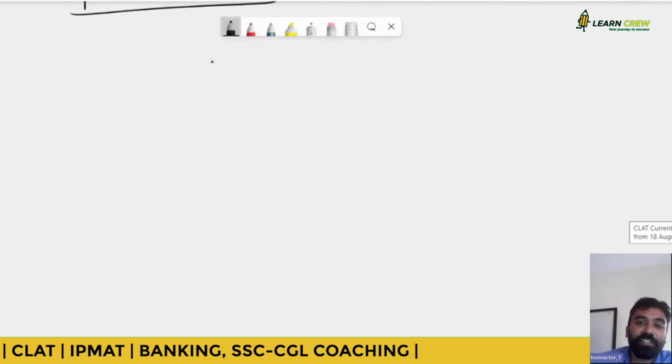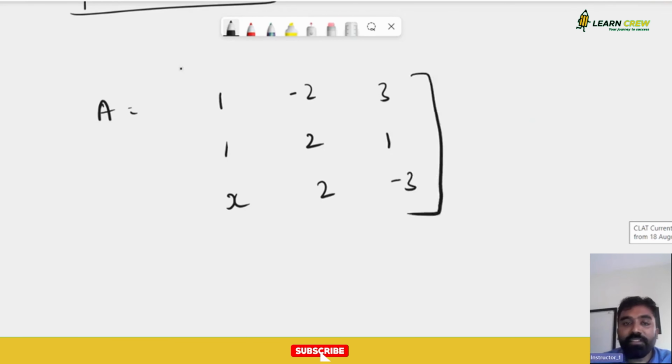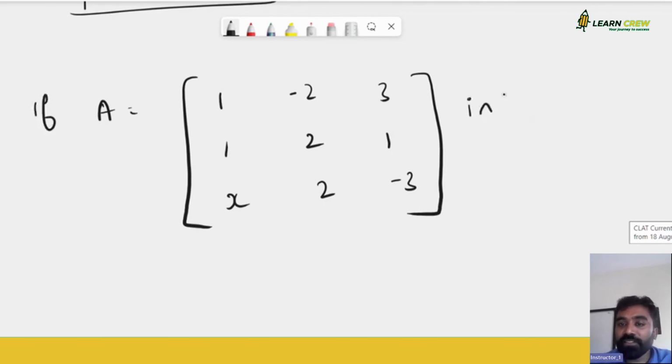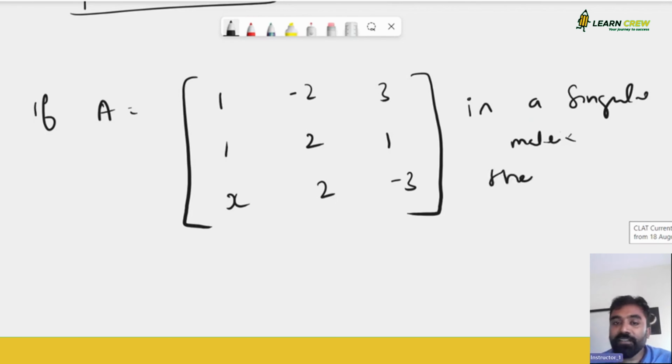For example, take this question. A is equal to 1, -2, 3, 1, 2, 1, X, 2, and -3. This is the given matrix, and they are telling us that A is a singular matrix, then find X. Now, how do you proceed with this question? First of all,